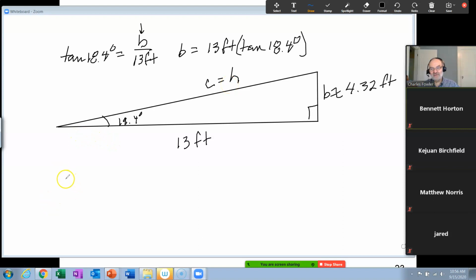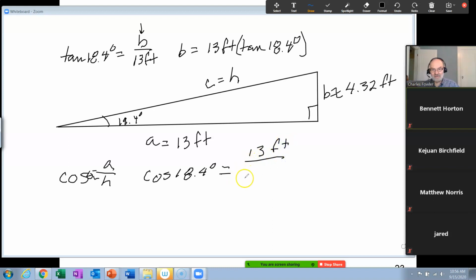Please say you know. Cosine theta is equal to adjacent over hypotenuse. Okay? So there we have it, that the cosine of 18.4 degrees is equal to the adjacent on the top. This is your adjacent side to that angle, and that would be 13 feet over C,